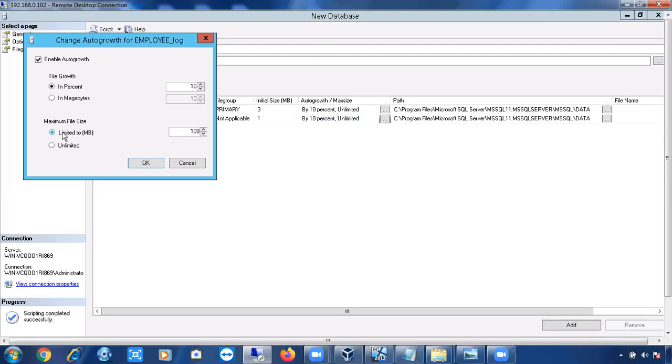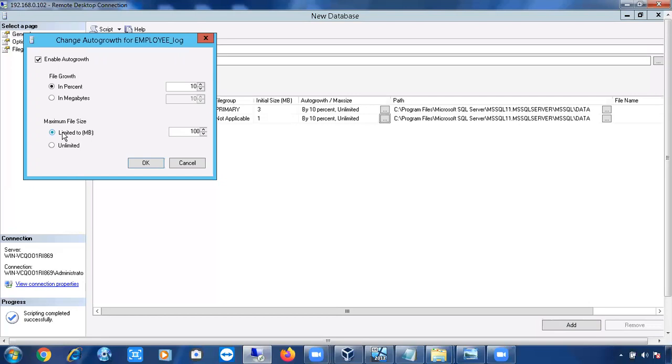Sometimes in organizations, 10 TB data files will be there, 20 TB data files will be there, depending upon the storage. But the log file, you cannot. The max size of the log file is 2 terabytes only. But again, it is going to reuse the log file. No need to create a log file every time. It is going to reuse the log file.